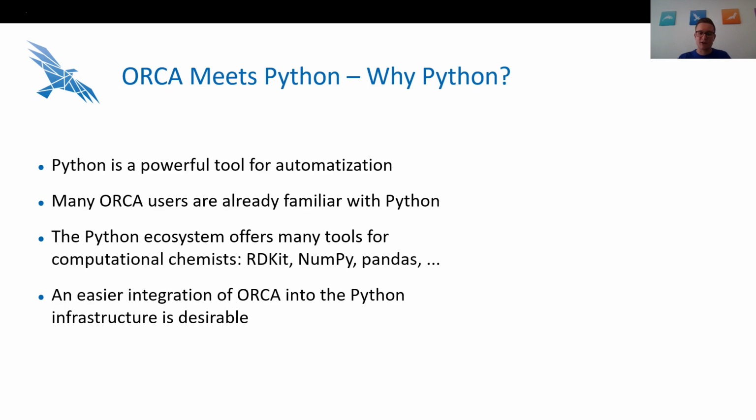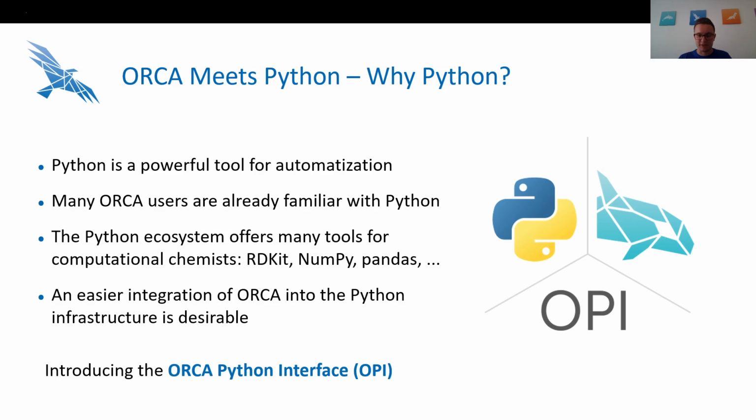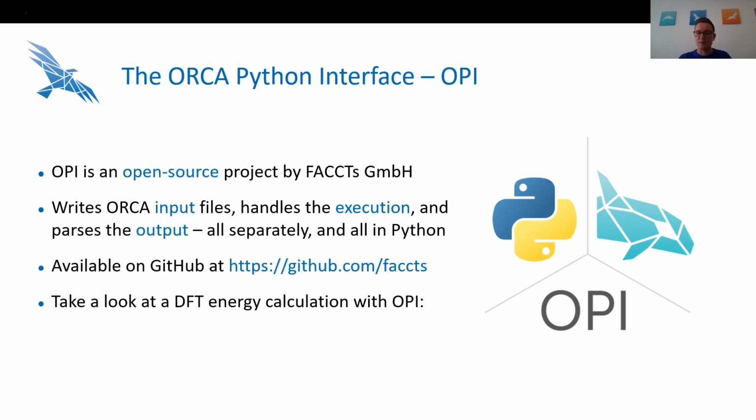An easier integration of ORCA into the Python infrastructure is desirable, and therefore we present the ORCA Python interface, or short OP. OP is an open source project created by FACCTs, and it can write ORCA input files, handle the execution of the ORCA job, and parse the output, all separately and all in Python. The source code is available on GitHub, and we will now take a look at a simple DFT energy calculation